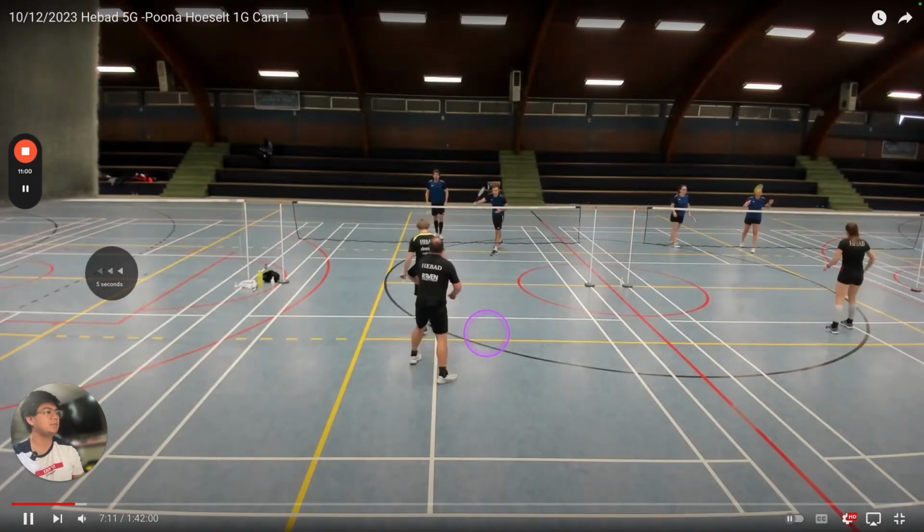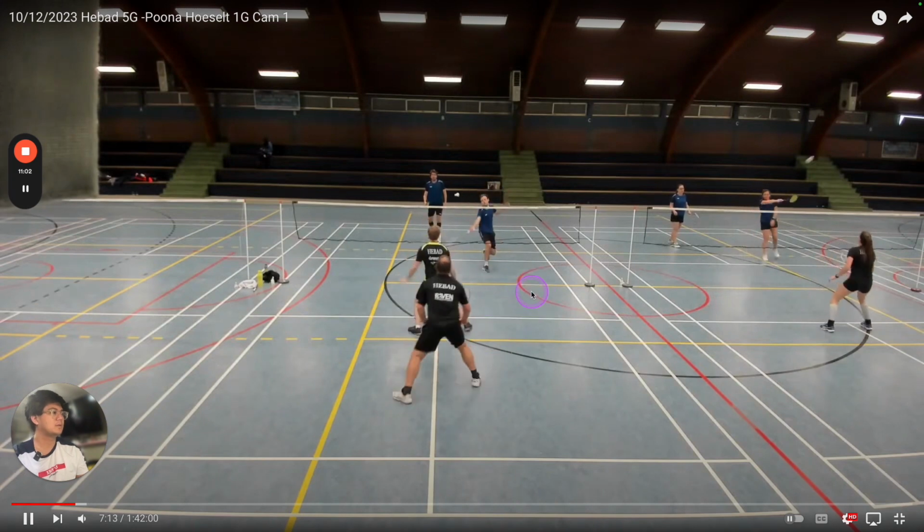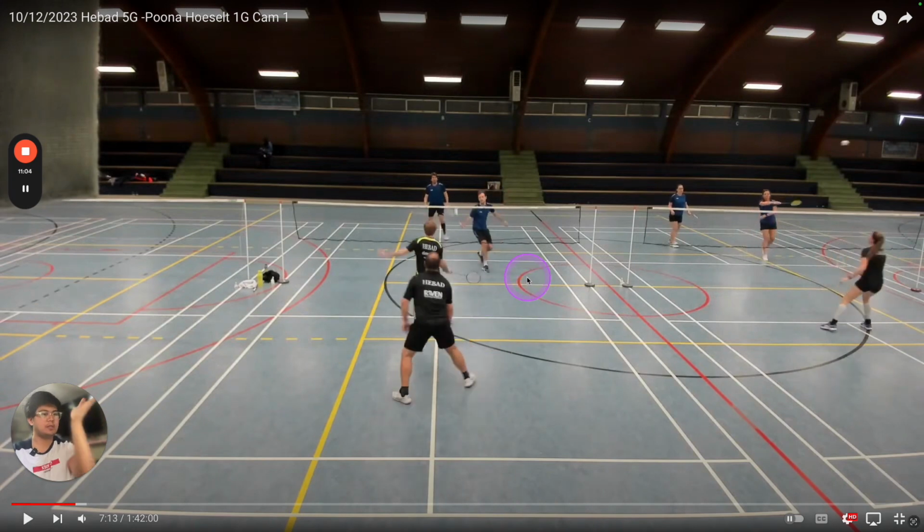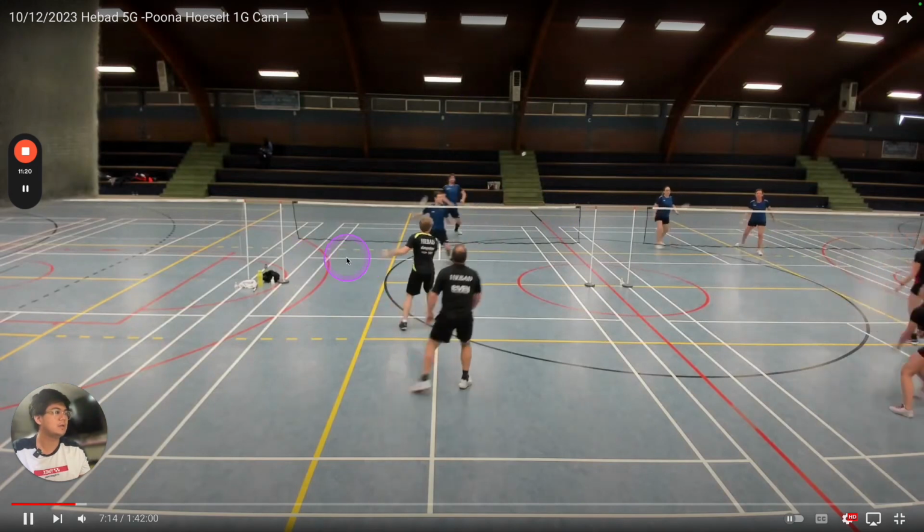Yeah, so same thing, right? Here again, they're showing you this type of net, right? There is no pressure towards you, so you shouldn't be scared and still be behind the service line, right? Especially when it's very singles, you should be up and trying to brush it away or push it off to the side.